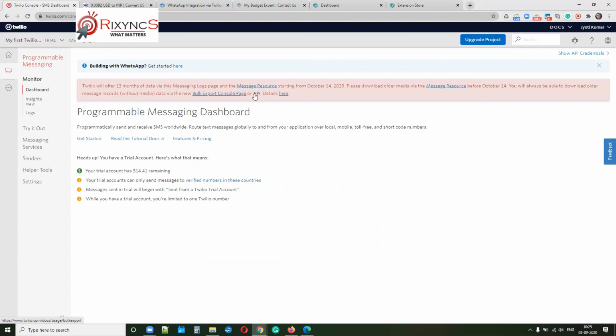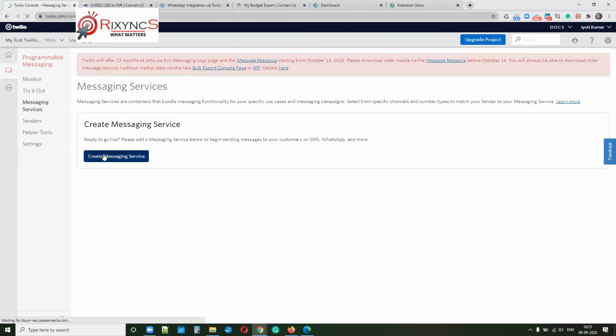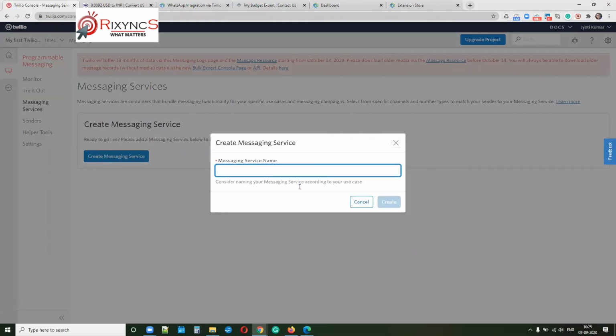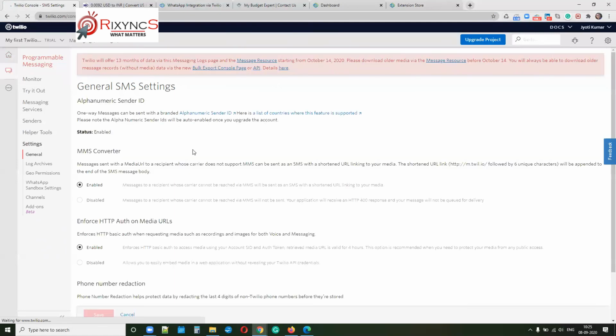You can have the API and configure here. Under messaging services, create your messaging service and name it. Then do the general SMS settings, and once you do it, you can easily send.